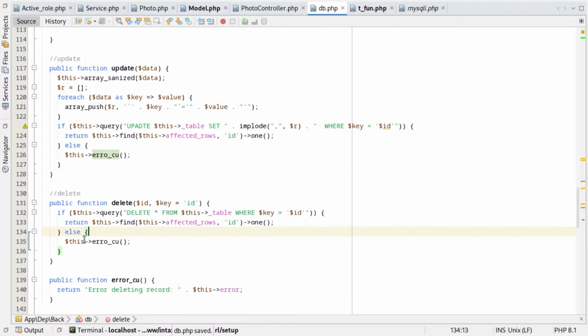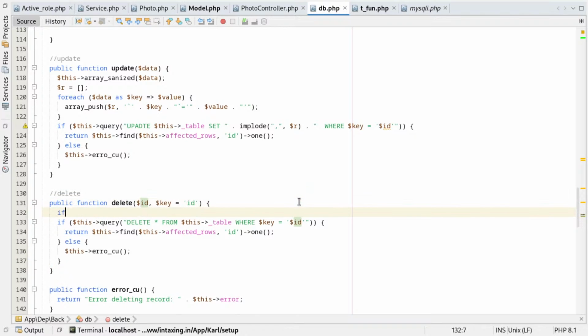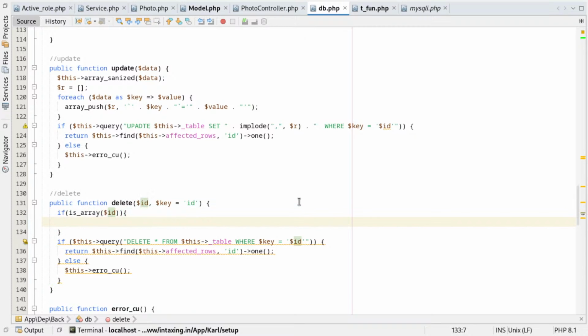So that's the case there. And id should be imploded in the case there is an array. If the id is an array, then it's going to implode. The separator will be